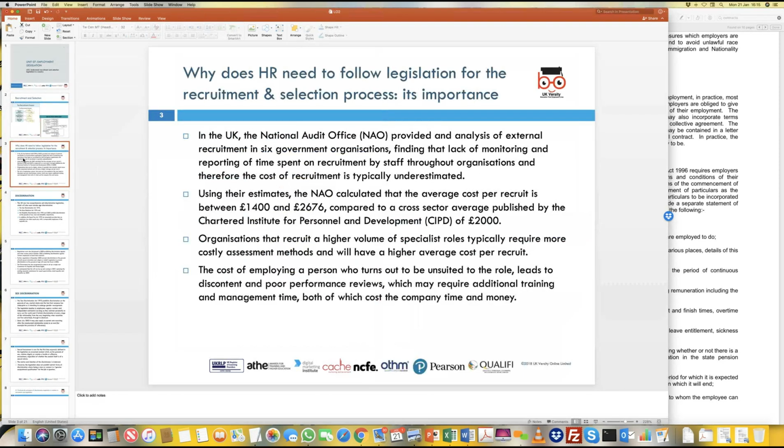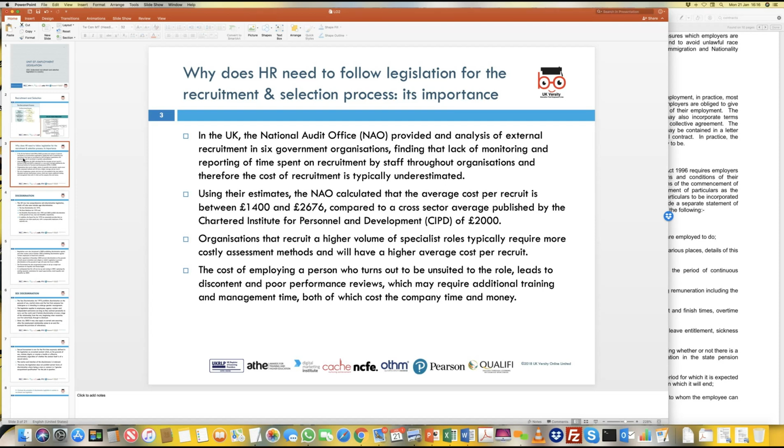Now, if we look at the context of the UK in which we are currently studying this unit, and relate all of our knowledge and discussions to UK employment legislation, what we see in the UK is that there is something called the National Audit Office, NAO, and this National Audit Office actually puts out job recruitment adverts for 6 different government organizations, and they are responsible in effect for recruiting people and selecting people for appropriate positions. This could be the Work and Pensions Department, it could be the NHS, it could be, for example, the military, defense, and in other cases the Ministry of Education and some of the key ministries.